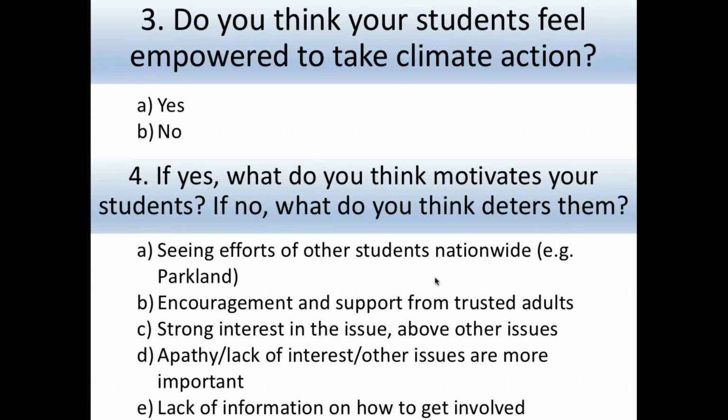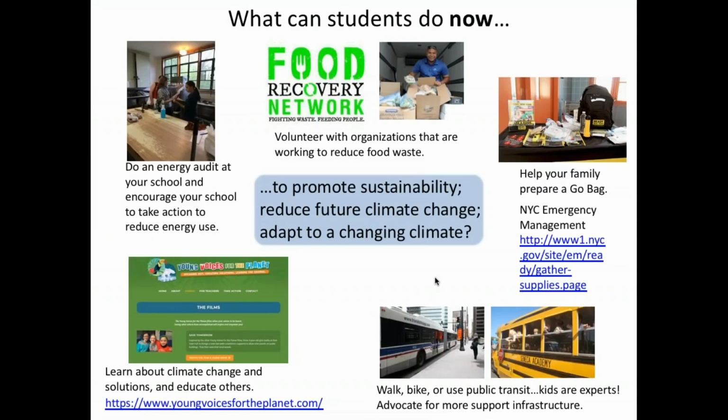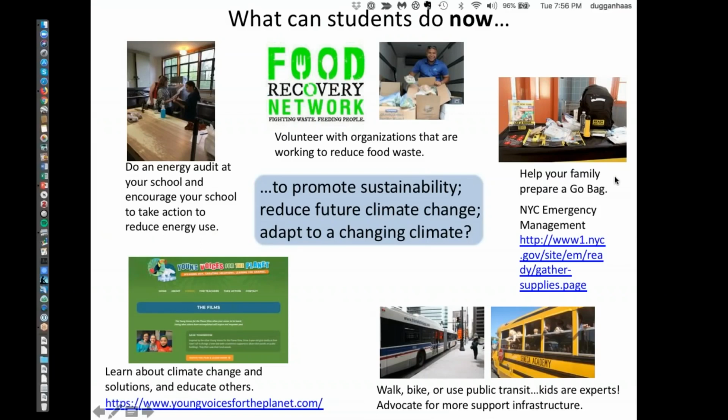Okay. So yeah, I wanted to talk a little bit about students and working with students and thinking about what students can do, because my experience with students is mixed. I've found some students who are very excited and hopeful, and others who are